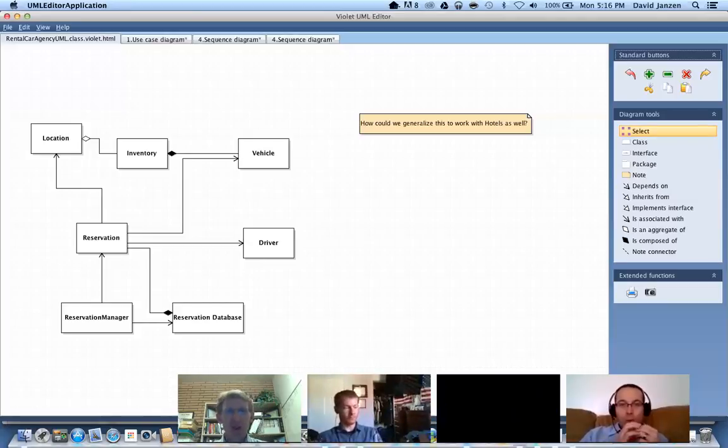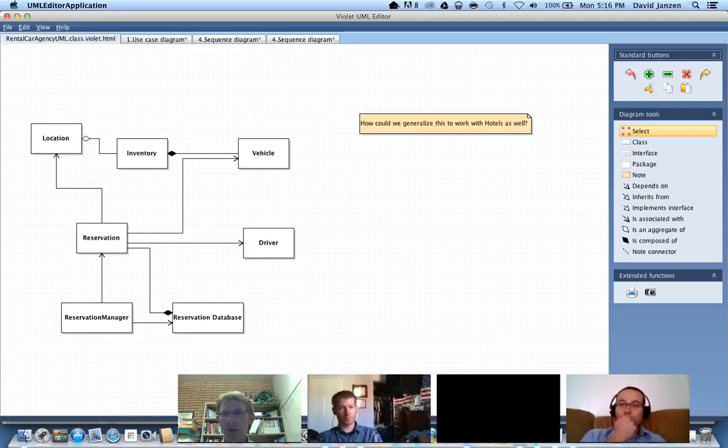Okay, the next thing we're going to talk about is class diagrams, and I've got an example here of a simple class diagram. Simple in terms of we just have the concepts here of a reservation that has a particular location, like this one from LAX airport, and there's an inventory of vehicles, and a reservation has a driver. There are some things missing that we could add as details, but those are the basic concepts. And so we want to talk about these different kinds of associations or lines between them, the concepts in a